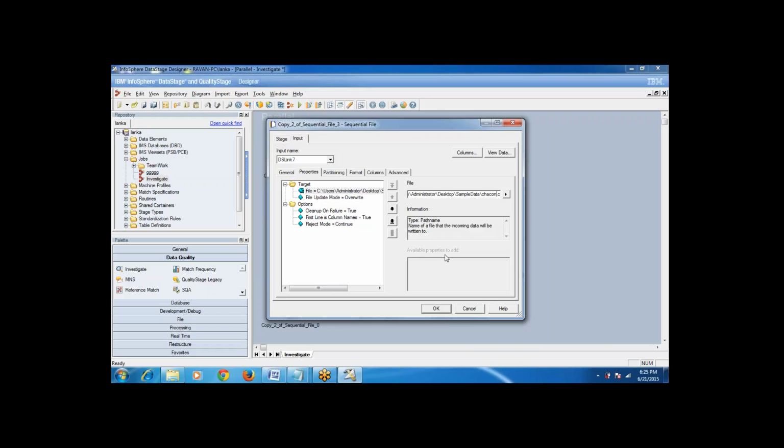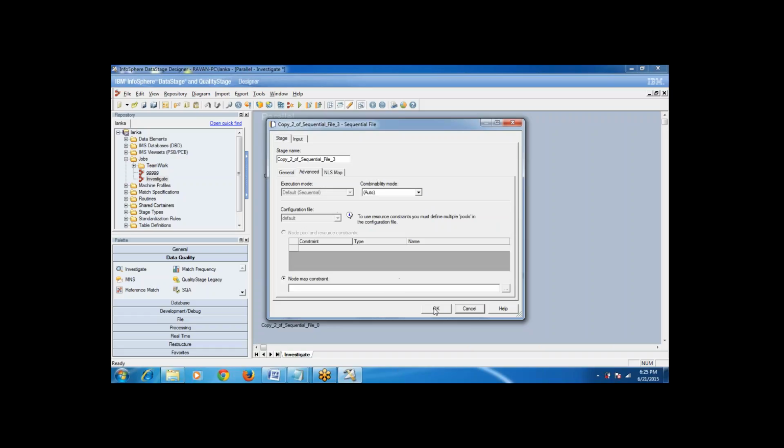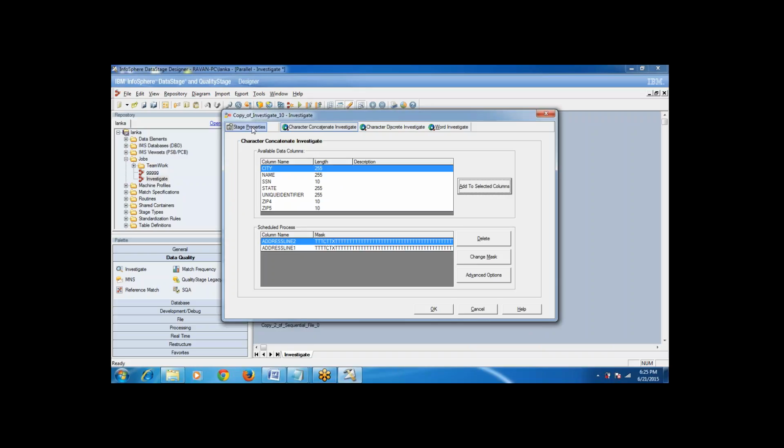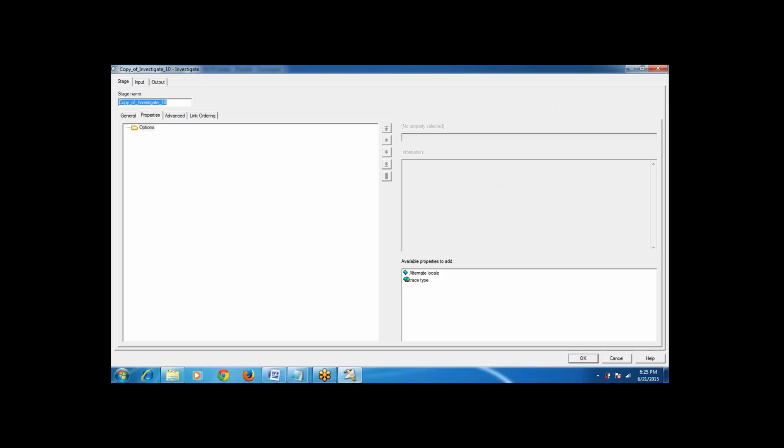Hello. Yeah, Gopi, one more question. If we go to a stage property, we have some option called trace type there. Could you tell me what exactly that is, in general? Here in the investigation, when we select the column and go to the stage, there is alternate locale and trace type. So what exactly is this trace type?